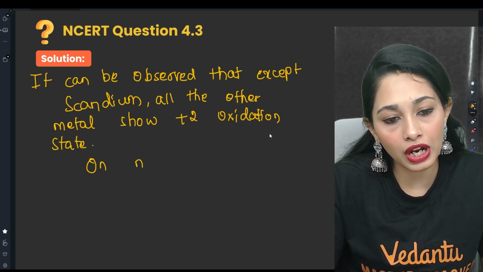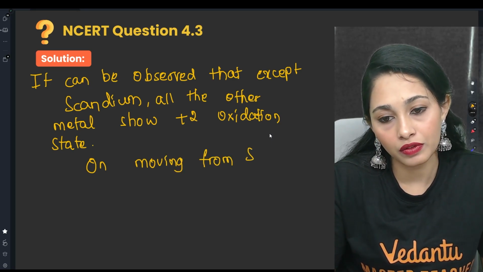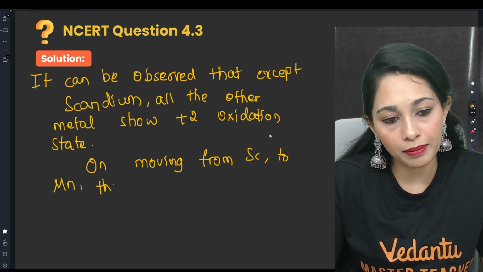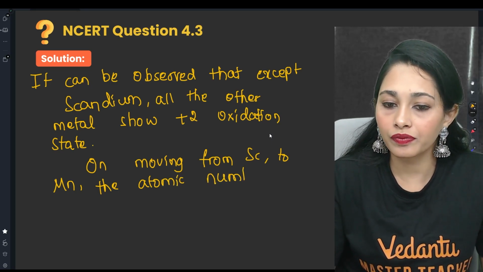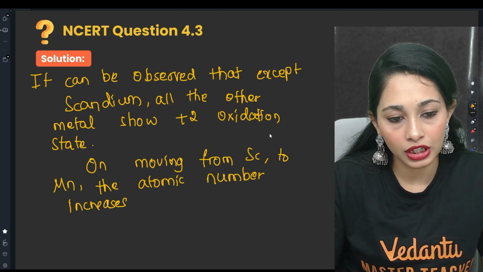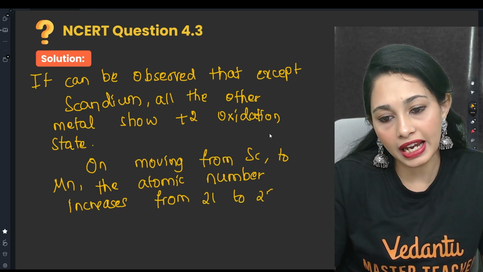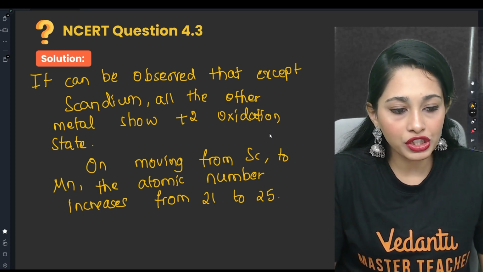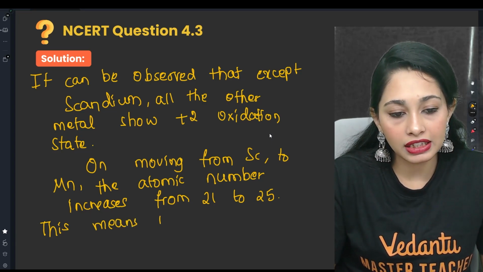On moving from scandium to manganese, the atomic number increases from 21 to 25. Scandium has atomic number 21 and manganese has atomic number 25. This means that the number of electrons